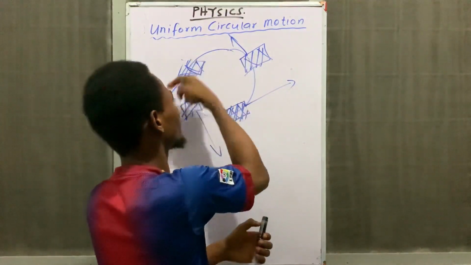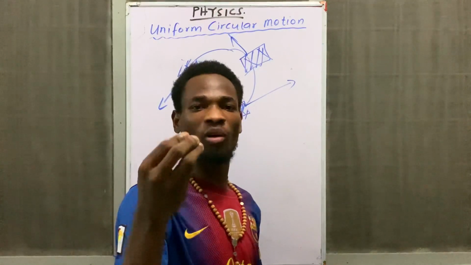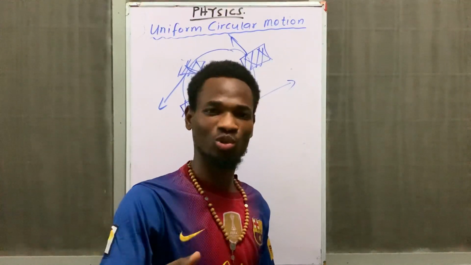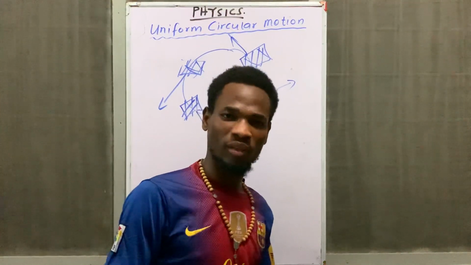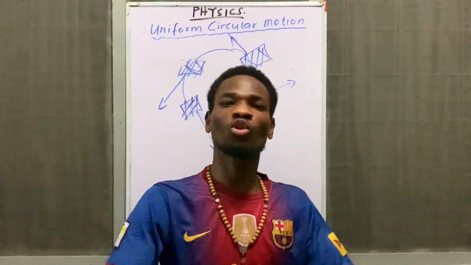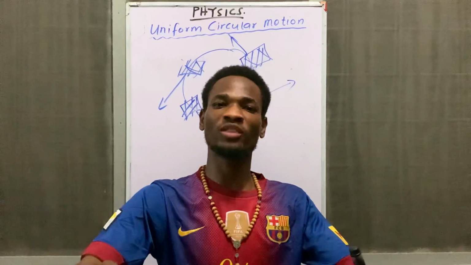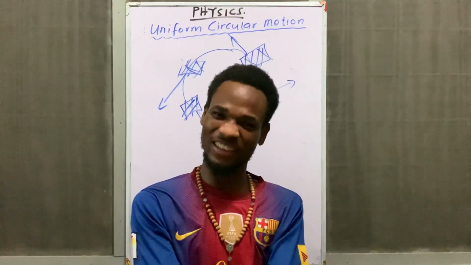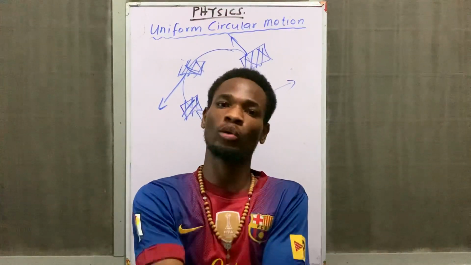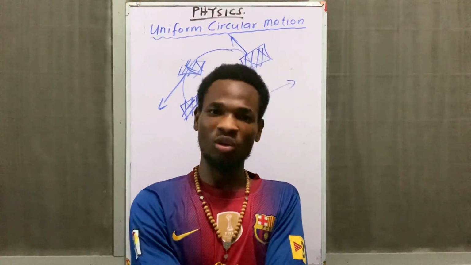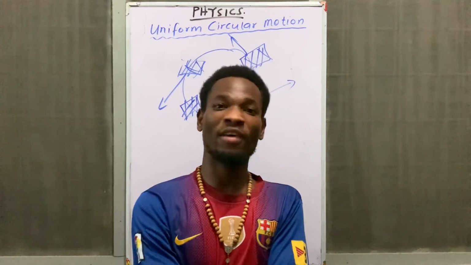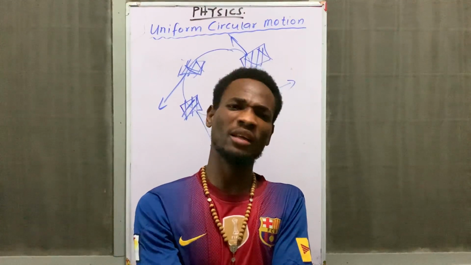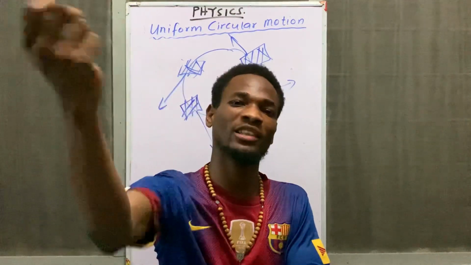So therefore, we say the velocity of a body performing circular motion is not constant. So that means it is not possible for a body performing circular motion to move with a constant velocity. It is never true, because direction will by all means change. So now, because direction affects velocity, you know that velocity is a vector quantity. And what's a vector quantity? A vector quantity is any quantity with a magnitude and a specific direction.